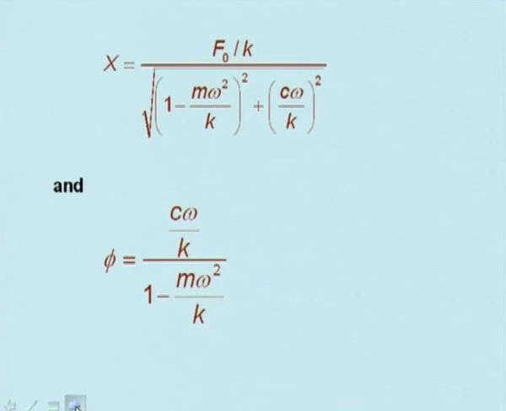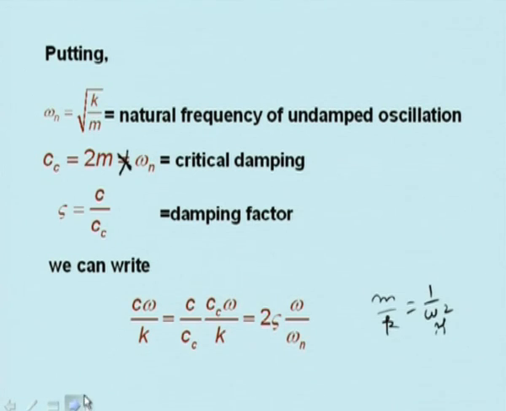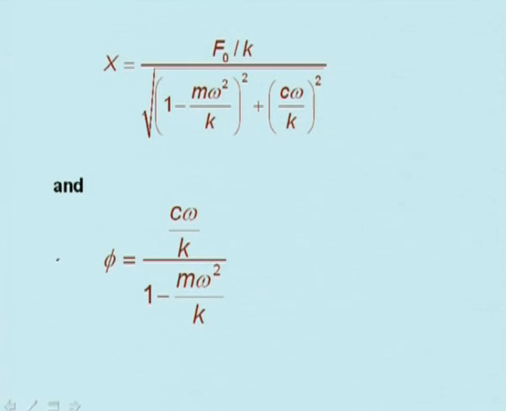So therefore x is equal to F0 by k divided by the square root of (1 minus m omega square by k) whole square plus (c omega by k) whole square, and phi is given by tan phi equal to c omega by k divided by (1 minus m omega square by k). So using this,